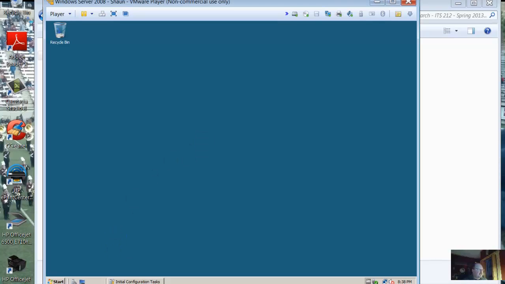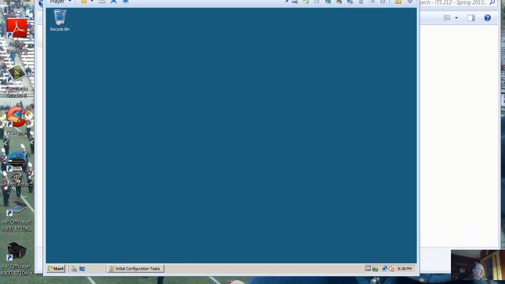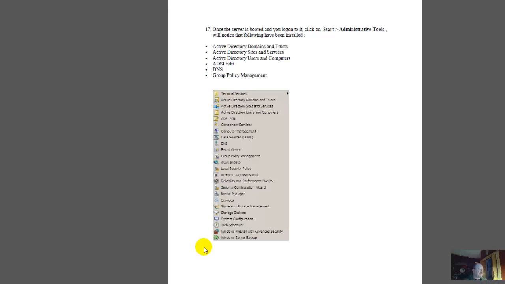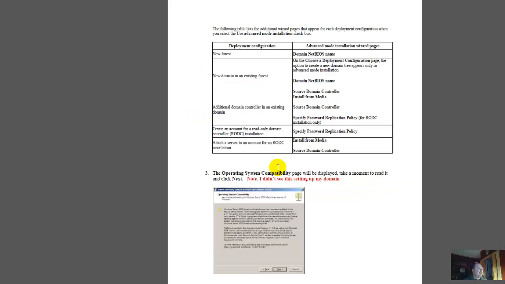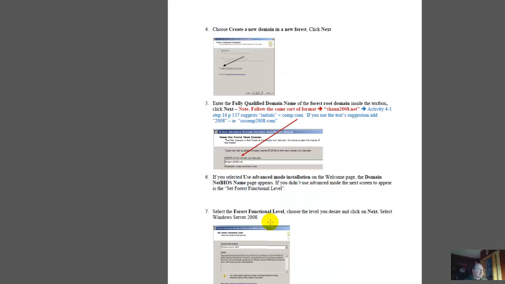Now, I want to show you this file as well. In Moodle, we have this file called Configuring a Domain in Server 2008. I'm going to scroll up here. This is a step-by-step instruction set. In order to run DCPromo, you go to Start, Run, and DCPromo, and then you'll get this step-by-step, screen-by-screen